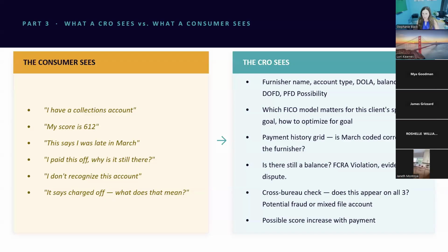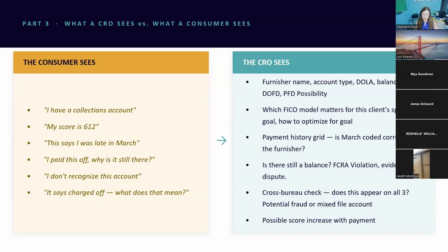This is their credit report, so everything is emotional for the customer. They see, I have a collection account, but the CRO is going to see something very different. We're going to be looking at what's going on with that collection account. When did it last report? Can I do a pay for delete on this? Is anything inaccurate? We're looking for all sorts of different things when we see, oh, I have a collection account,